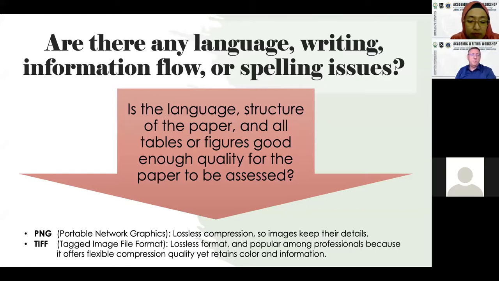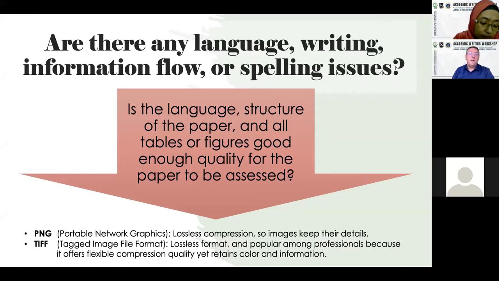Academic language is very important. And if you write your paper in your local language, Bahasa Indonesian, and then you translate, no, your paper is going to be horrific, okay? If you write your paper in English, it will not be perfect, but it will be much better if you write in English and have someone help you do some minor editing before you submit your paper. It will be much better than if you write it in your local language and then translate it into English. Yeah, it doesn't work very, very well.